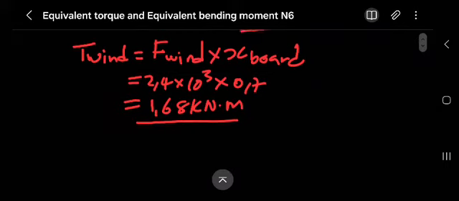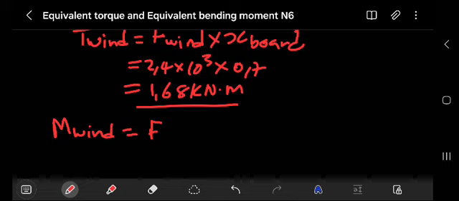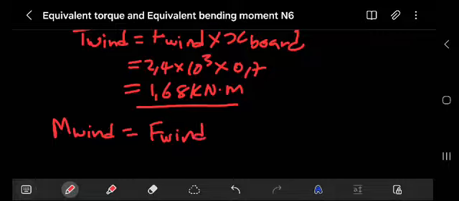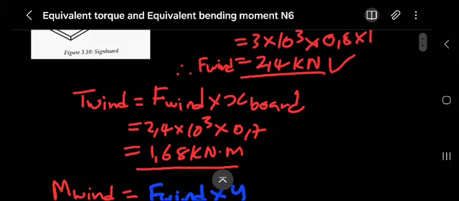Now let's calculate the bending moment. You know that it's the force of the wind that is applied there. We know that the bending moment will be the force of the wind multiplied by y. This is what you're supposed to know, even on your exam. We know that the force of the wind is 2.4 times 10 to the power of 3, but y is